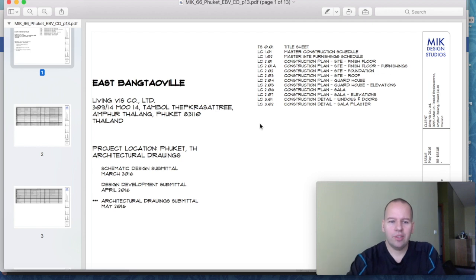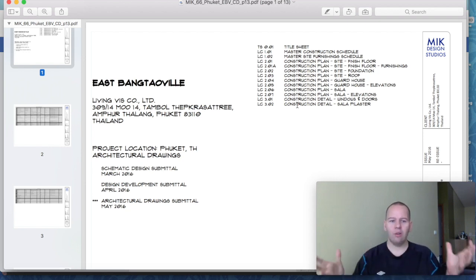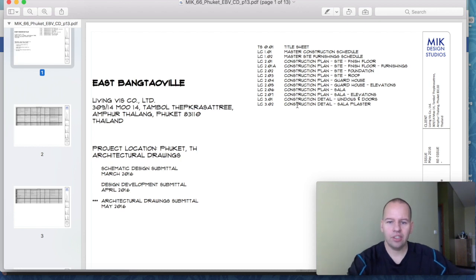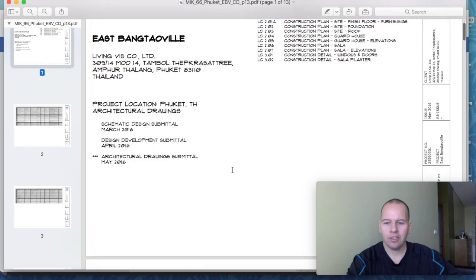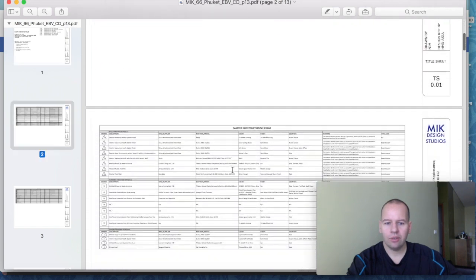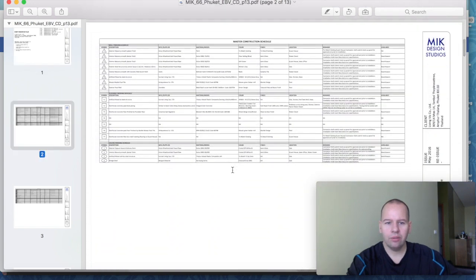But anyway, I was able to create these page layouts in SketchUp Layout, and going back and looking at my other designs I've done for the other companies I worked for, I looked at what is the style, what is the format of these construction documents. So just schematic design, design development, architectural drawings, it changed over time, kind of the progress of that. And yeah, so title sheet, and we got into the next page, master construction schedule.